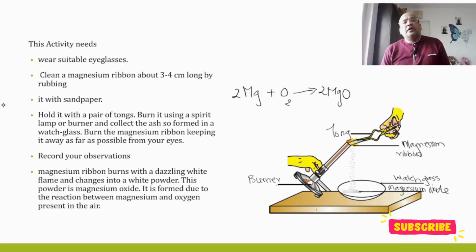For this, let's do one activity. It is a very simple activity to be done in a chemistry laboratory. First of all, for safety, we need suitable eye glasses, as a precautionary measure. Now, we need to clean a magnesium ribbon. If you see this magnesium ribbon, it is a strip. You need to take a magnesium ribbon, and you need to clean it,